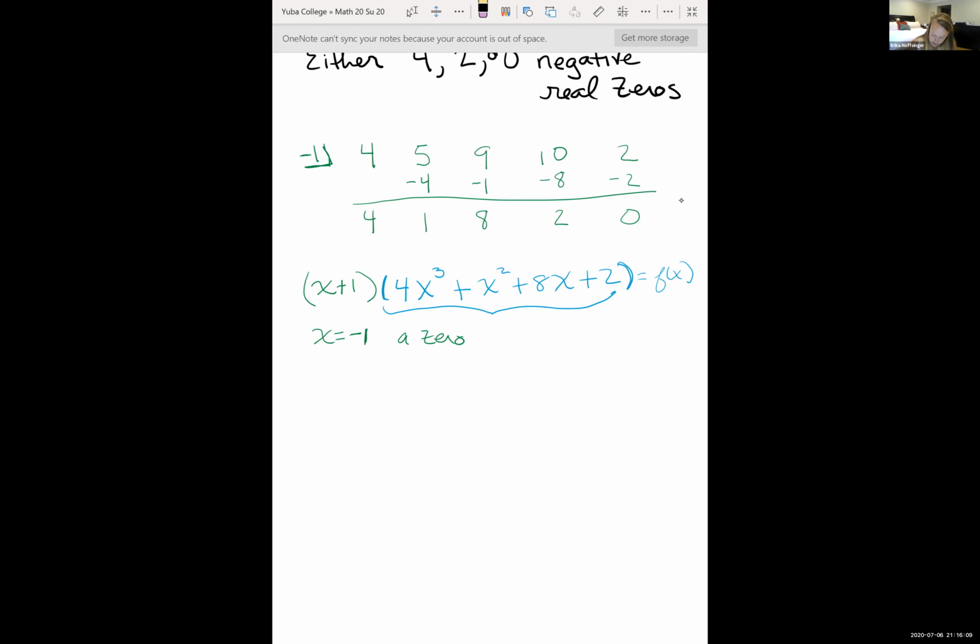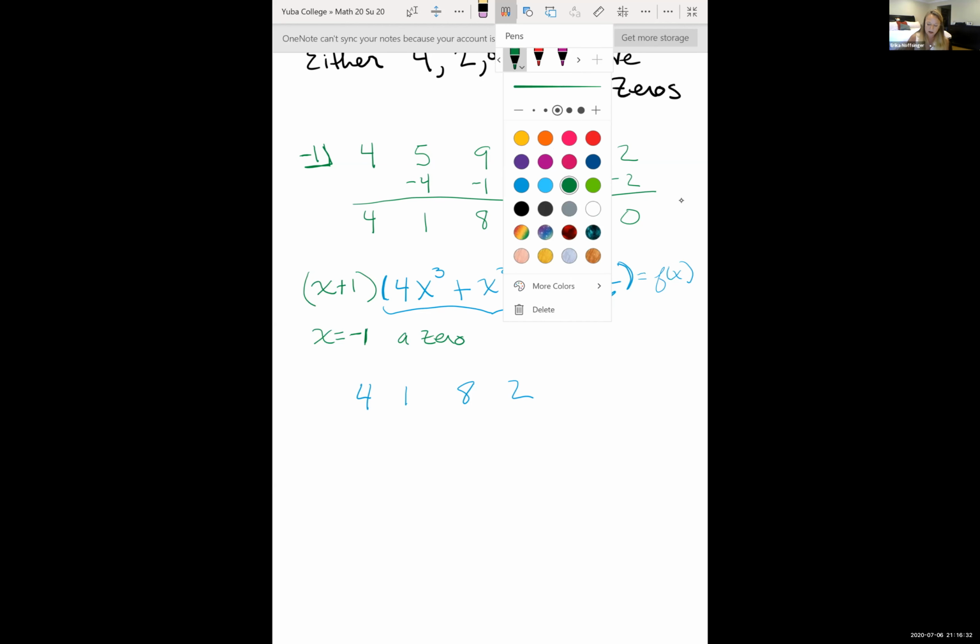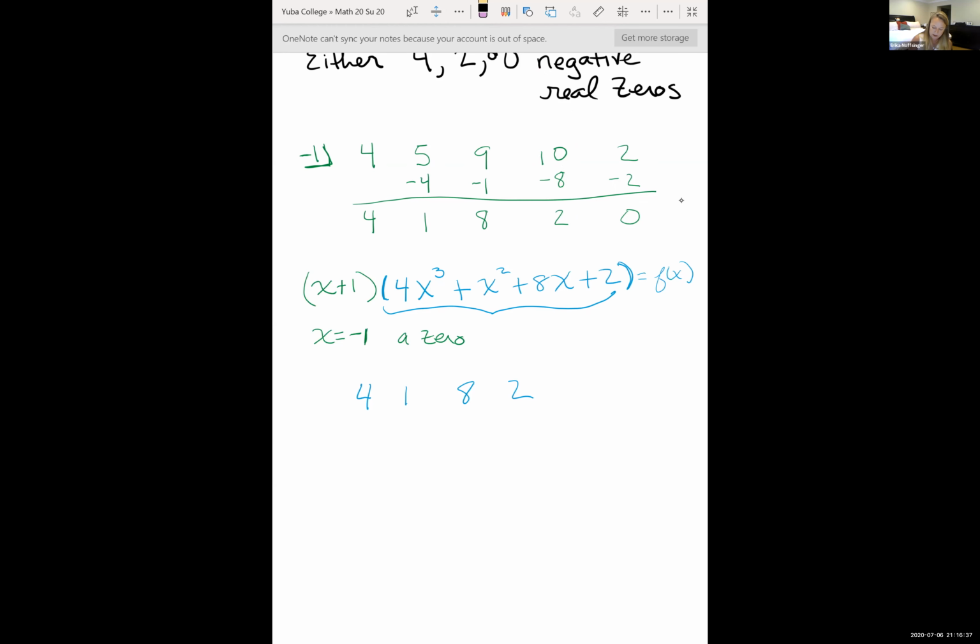So 4, I'm going to write this, 4, 1, 8, and 2 are the numbers of my coefficients. I can either test -1 again, or I can test another number that is possible, which is -2, -1/2, or -1/4. It is possible, because of multiplicity, that our 0 could occur more than once. Maybe let's try -1